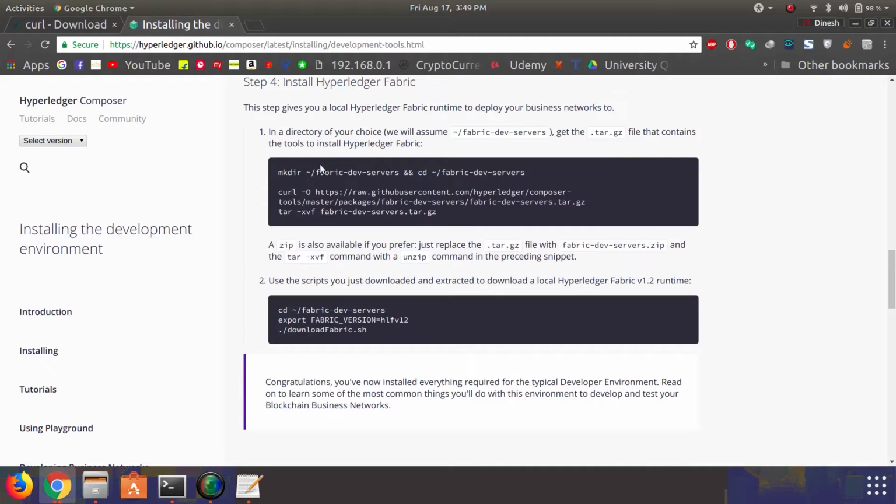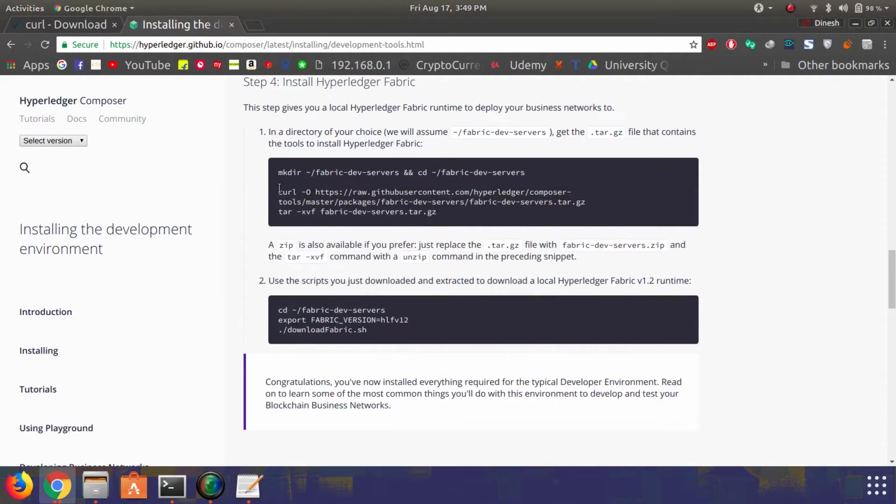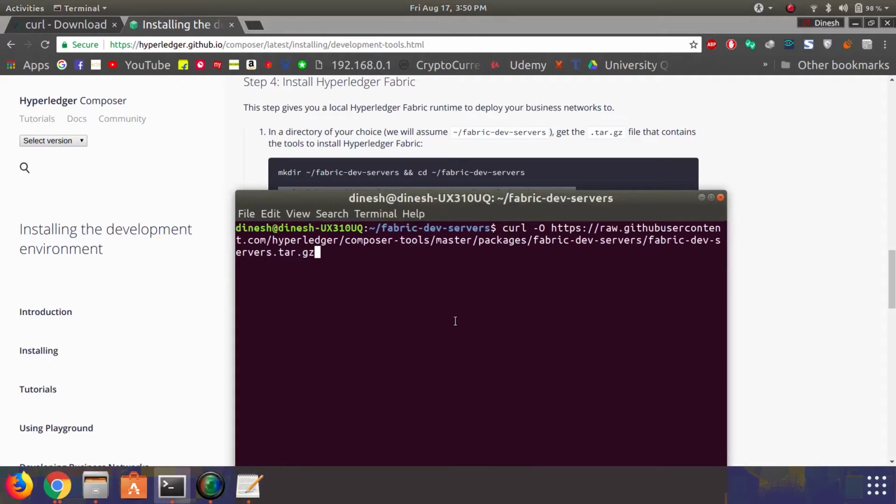In this step, we will install a local Hyperledger Fabric runtime to deploy a business network. In a directory of your choice, in this case we are using Fabric Dev Servers, get the archive file that contains the tool to install Hyperledger Fabric.